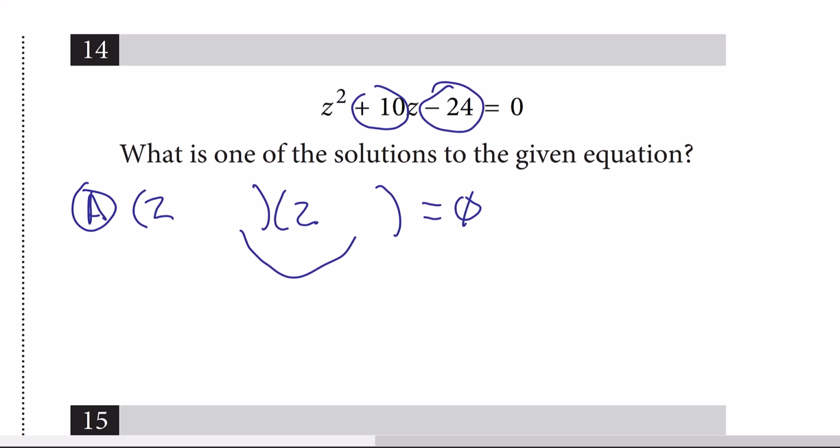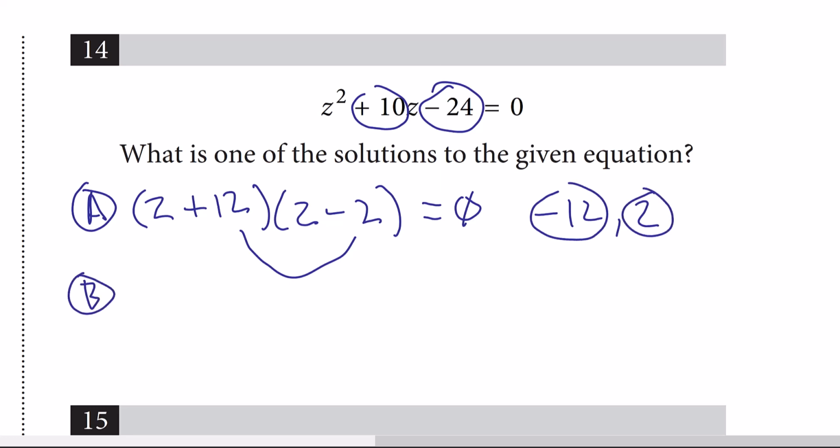but if you do this properly, you'll figure out that put a plus 12 and a minus 2, and those are going to multiply out to give you negative 24, but also add to be a plus 10. So what that tells you is that the 2 solutions are going to be negative 12, comma, and 2. So these are the possible solutions. Now, another way to do this